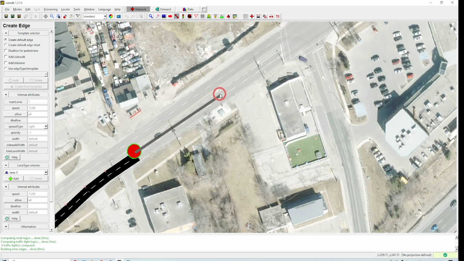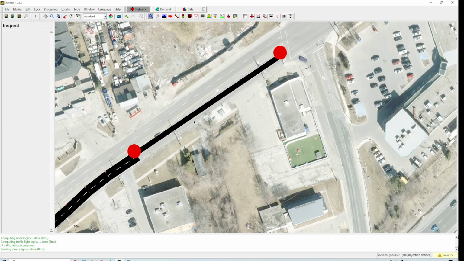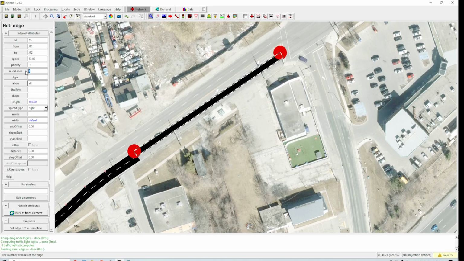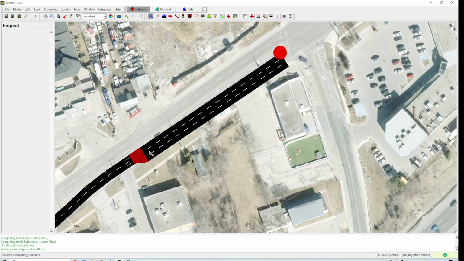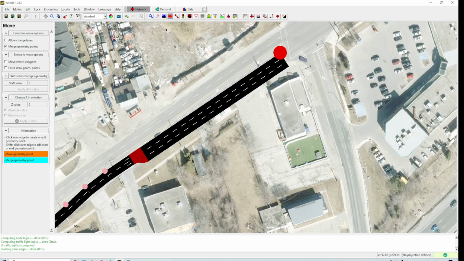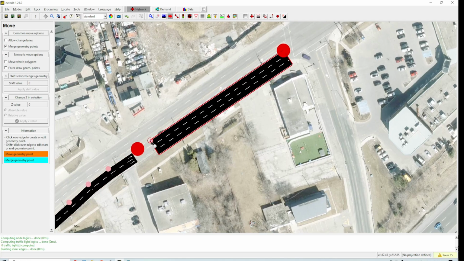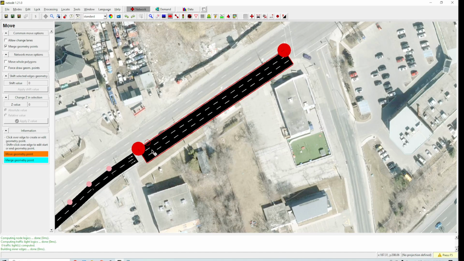So one might just add a lane like this, and then select this one, and then say this should be 3 lanes, press enter, and then F5, right? Okay, but this is not going on top of it. What should I do? Press F, select the move tool, and then hold shift. Okay, so if you hold shift, then it will cut